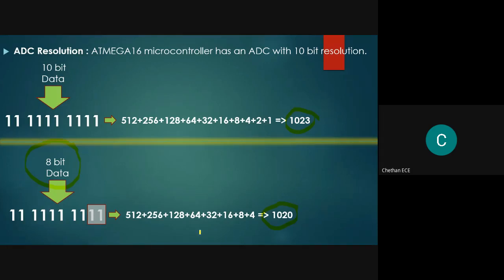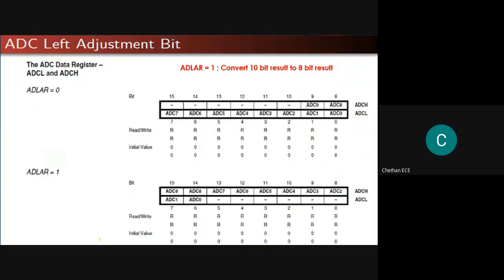Let's see how we can do this masking operation with the help of an important register bit called the ADC left adjust bit, ADLAR, and we have two cases here. To transform the 10-bit result to an 8-bit result, we have to make this particular bit 1. If ADLAR is 0, we can observe that the most significant information, that is bits 9 and 8, is available in the ADCH register and the remaining information is available in the ADCL register.